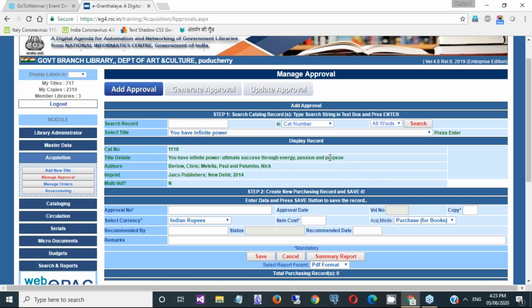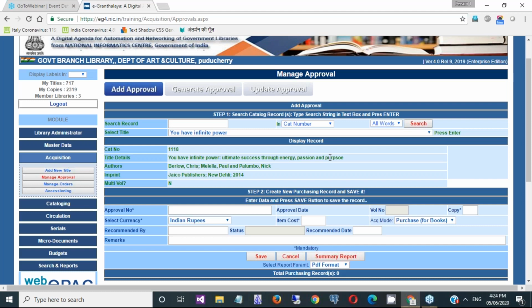Like there is one imaginary scenario. For example, you have 10 copies of the same book in your library. There may be a possibility that these 10 books you purchased three times. Four copies once you purchased, approved by some committee, ordered from some vendor, and you paid the amount.